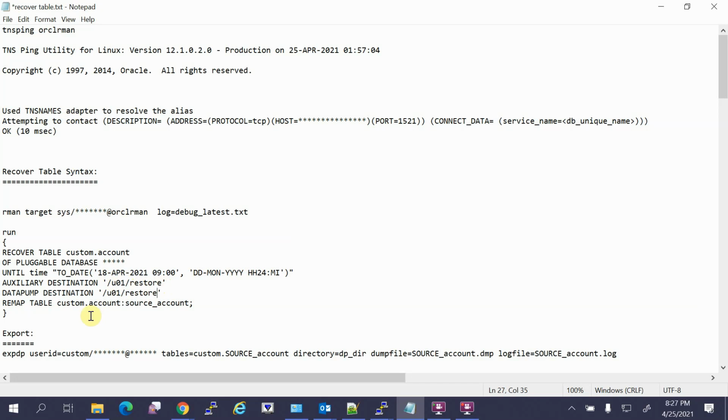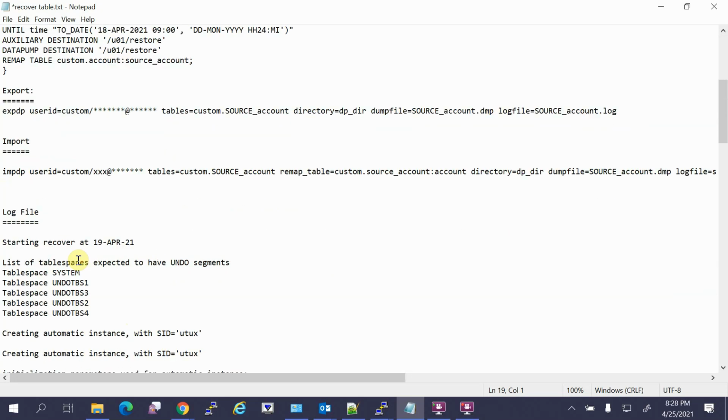Then it will restore the tablespaces which are required for this custom data account. So you can tremendously reduce the recovery time, and you can give the table to the customer. That is the main advantage. Then it will do several things automatically for you. Okay, so this is a command.